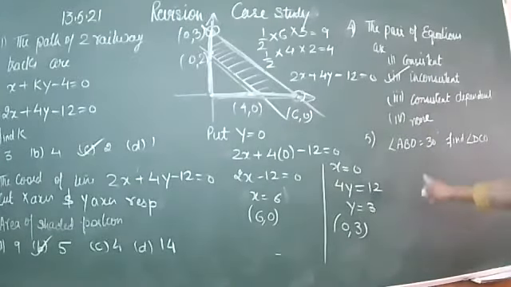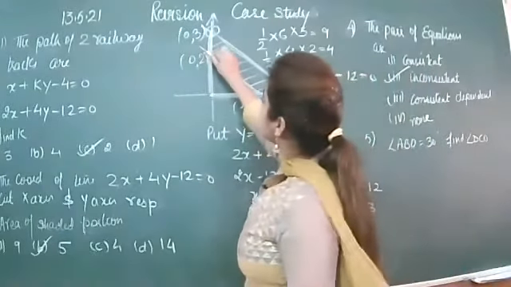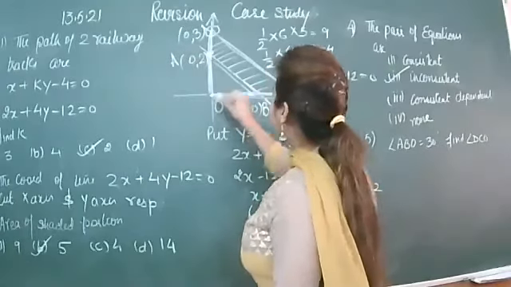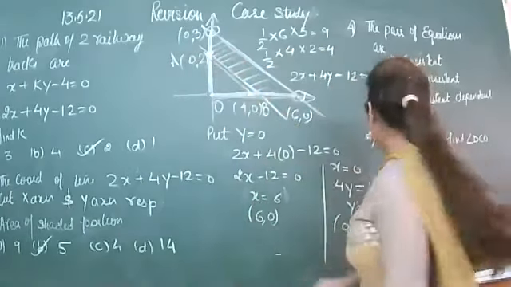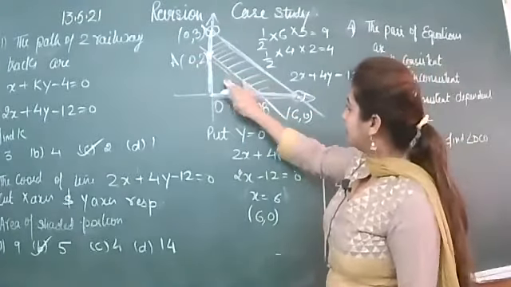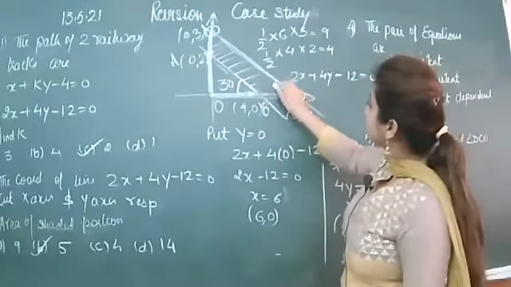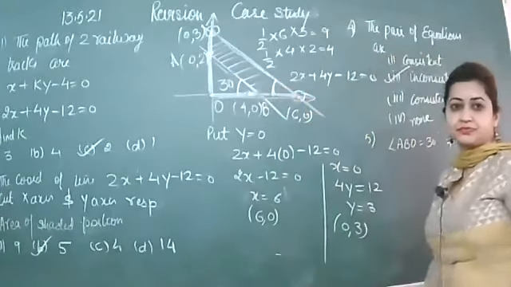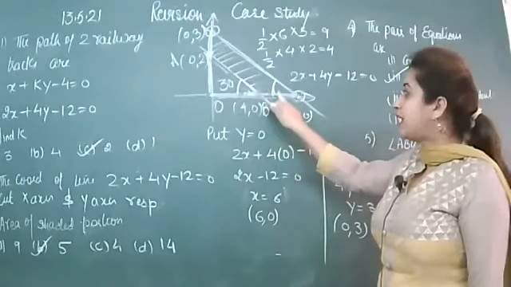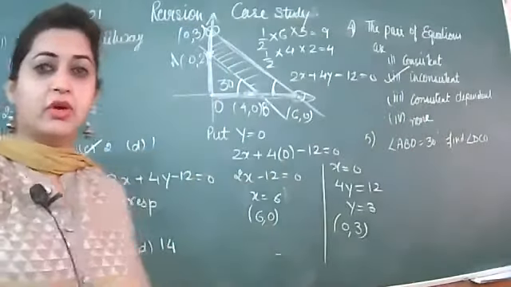Now here the fifth part is, you have been given this point named A, this point is B, this point is O. You have been given angle ABO, this angle is 30 degrees. Can you tell me this angle? This angle is 30. You have to find this missing angle. Options were given, but I have not written them. Who will tell me?